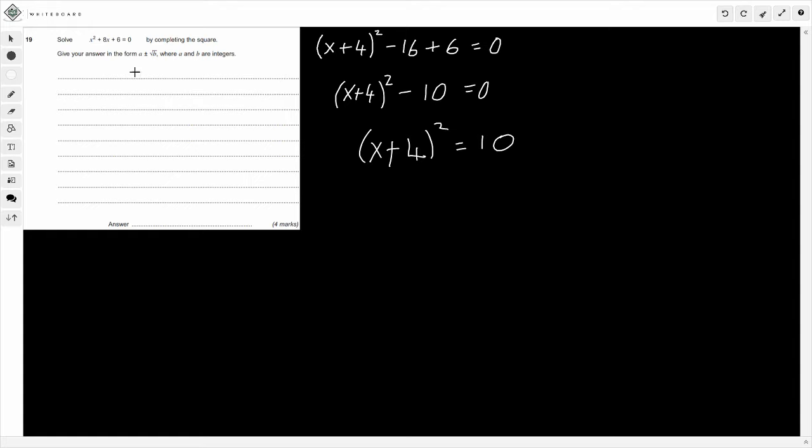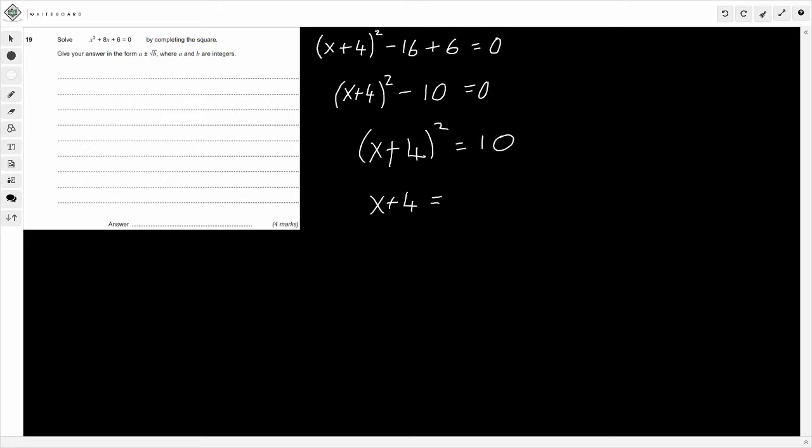Now, we're going to need a plus or minus. So what do we do from here? Well, we've got a squared expression here, and we need to solve for x. So to solve for x, we need to square root first. So this is x plus 4, and this is going to be equal to